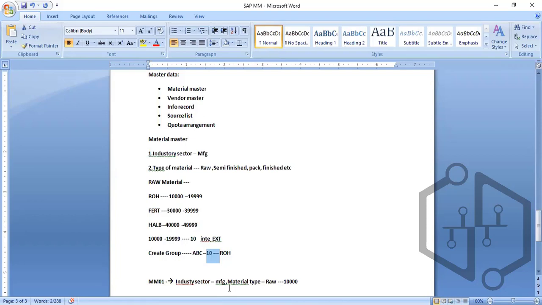Okay, clear? So this is about how the number ranges will be assigned to the material type. This is how we can differentiate the industry sector, how we can define the material type, and how we can maintain the number ranges, like how we are going to assign these number ranges here. So the next one is